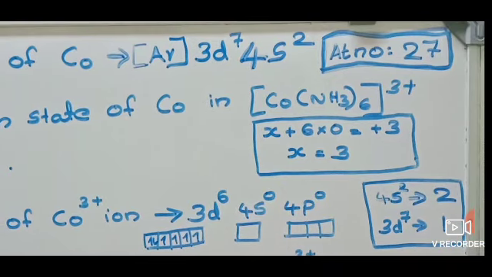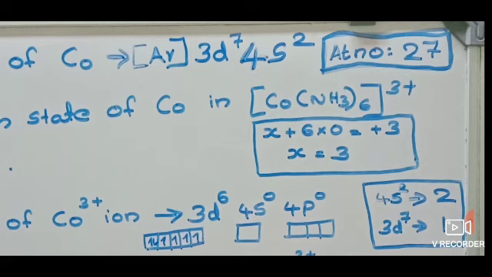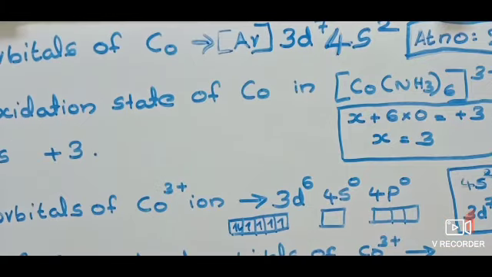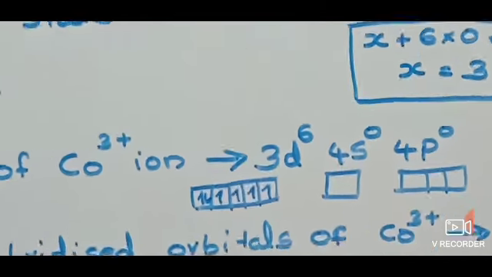From where will it lose electrons? It will lose 2 electrons from the 4s2 orbital and 1 electron from 3d7. It will lose a total of 3 electrons in order to become Co3+. So it will lose 3 electrons, 2 from 4s2 and 1 from 3d7. As a result, the electronic configuration will become 3d6,